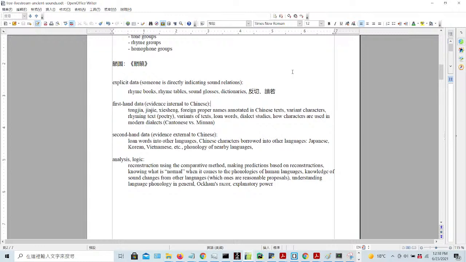Okay, so anyway, using these modern dialectical ways of writing can give us some insight into possibly how the ancients did things, or the possibilities of how they did it. So these topics I just went over, I'm going to cover in detail today, and then these next two parts I'll probably have to cover a different time. So when we also have secondhand data, which is data external to Chinese, which is